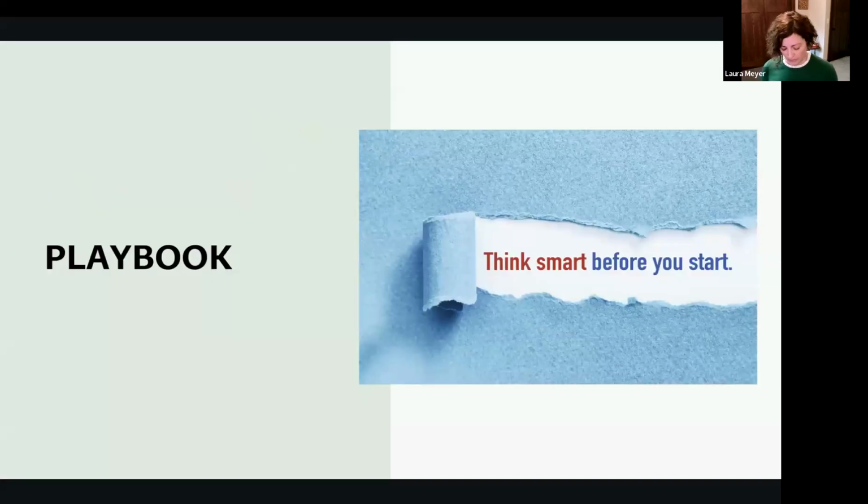One thing to do that's really important, and it can be really simple, even a bulleted list in just a Word doc. It doesn't have to be a really massive strategic plan type document, is to come up with a playbook. And what I mean by that is a social media playbook is really just spending some time as a team